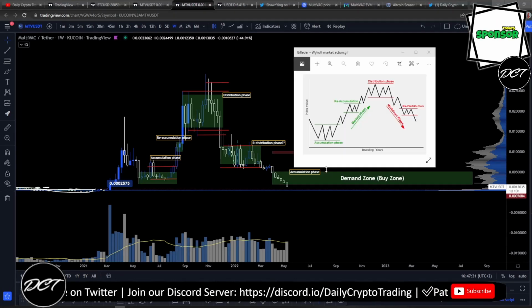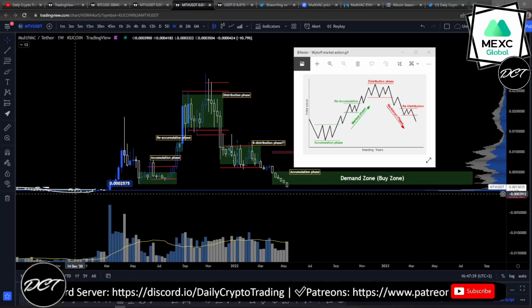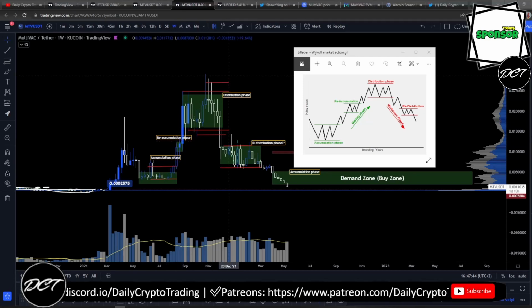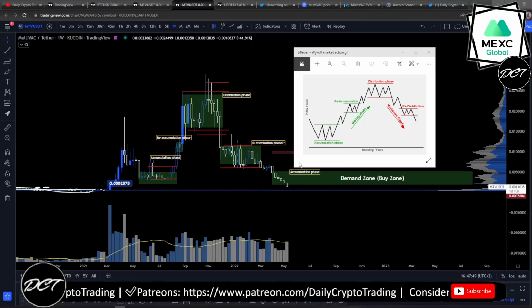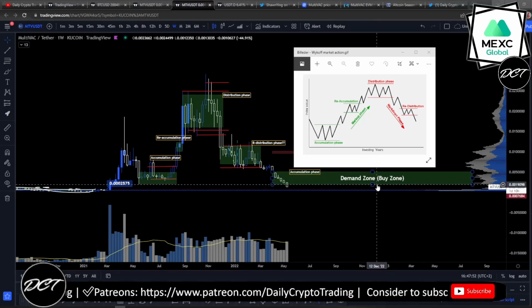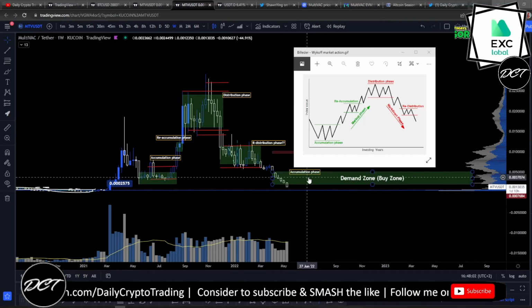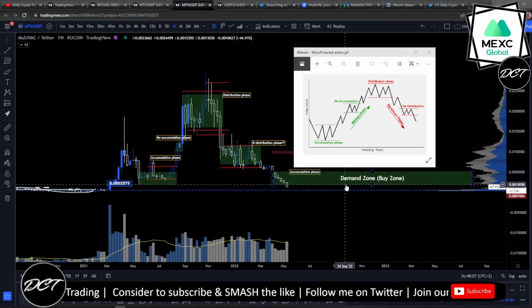If you look at our analysis on the weekly chart, like I explained before, we hit it perfectly, right? You can always find this model in every section of the chart pretty much, but just in this aspect of it, the weekly, we can see accumulation, reaccumulation, distribution, redistribution, and now we're trying to reach the final phase, the accumulation phase, right? The question now, how far will we go? How low will it go? No one knows. Again, recession, inflation, Bitcoin dropping, altcoin dropping. So if Bitcoin didn't drop and held, I'm pretty sure, almost certain, that we will be in this kind of accumulation area, just accumulating, right?